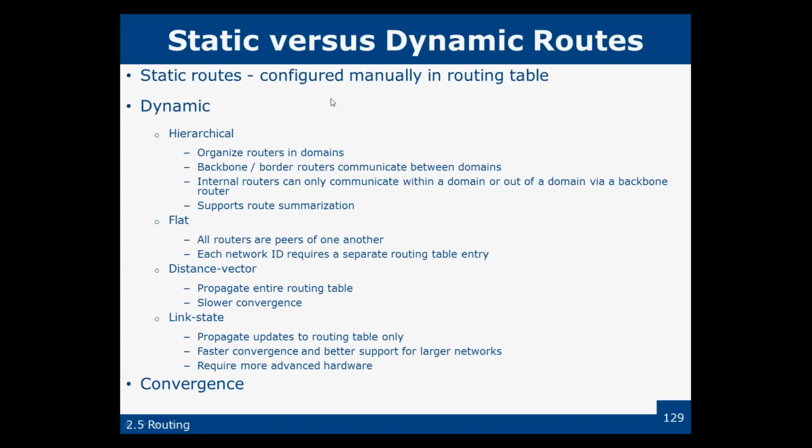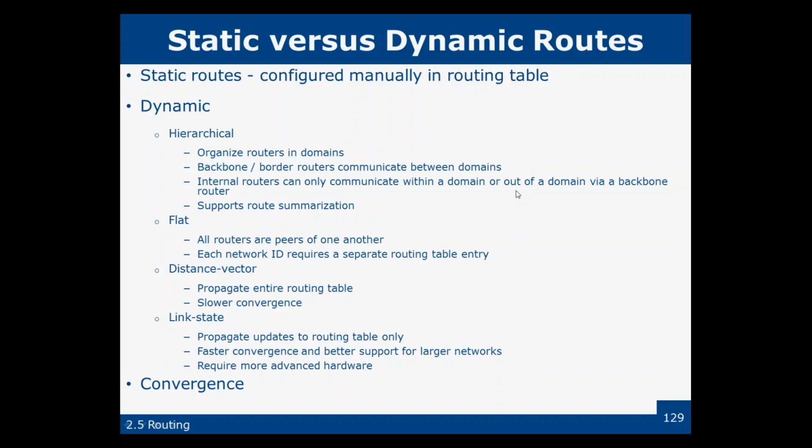Hierarchical, as we organize routers in domains, backbone, border routers, or flat, all routers are peers to one another. And then we have the hierarchical with a backbone, which is what the protocol called OSPF, Open Shortest Path First, is going to use. It uses a backbone, and the internal routers can communicate within the domain or out of the domain via the backbone router. So what happens is when we configure these things, they are able to talk within their own specific